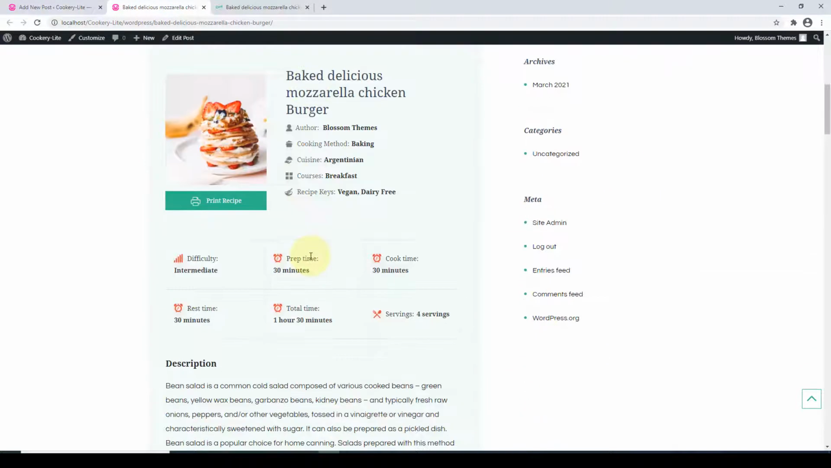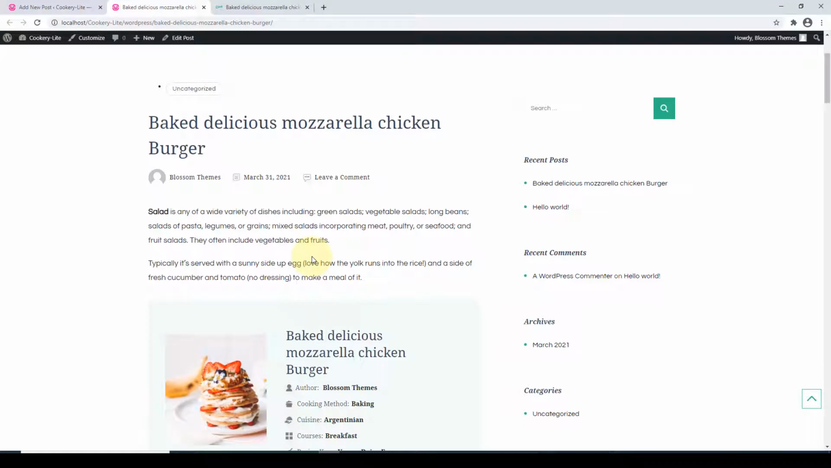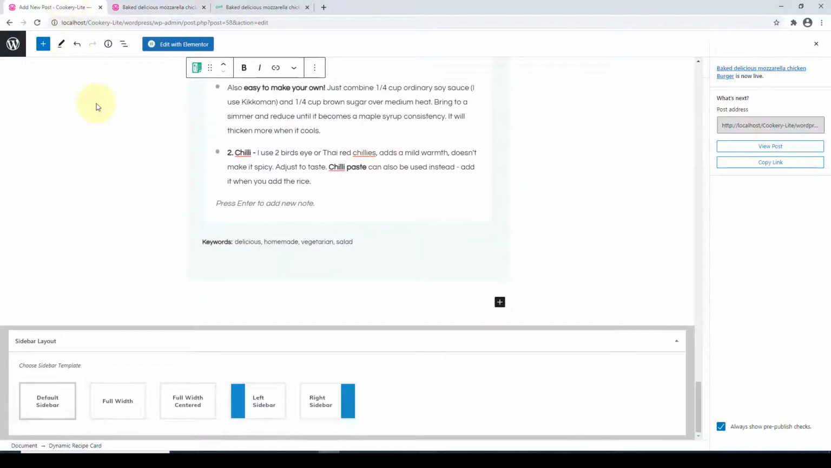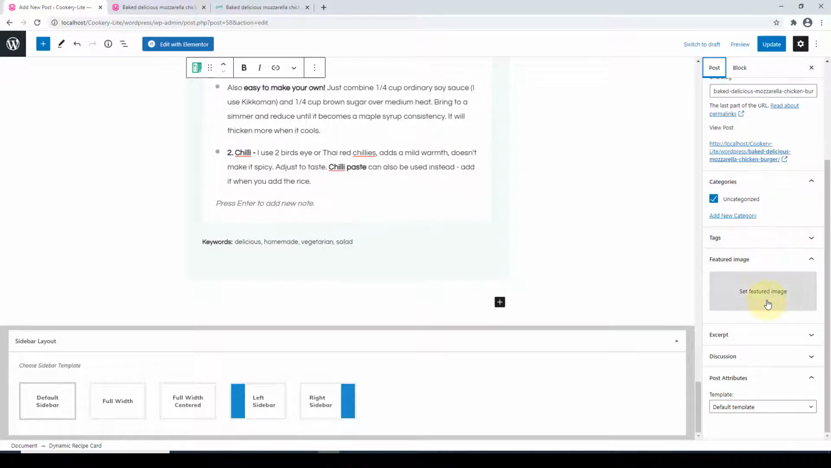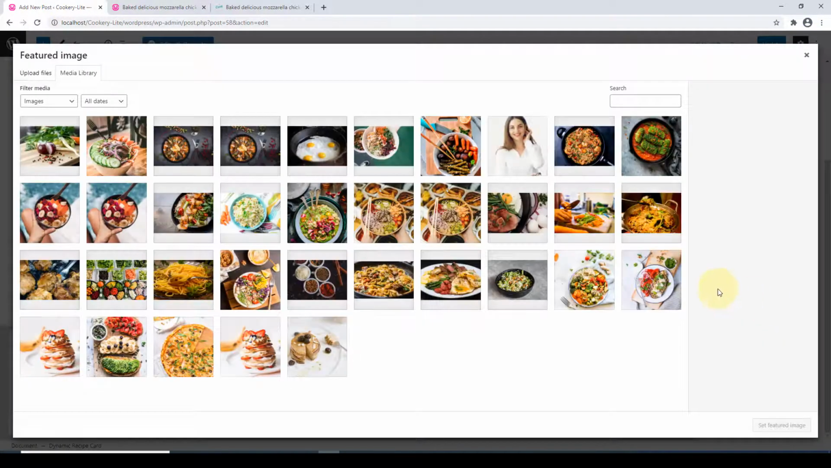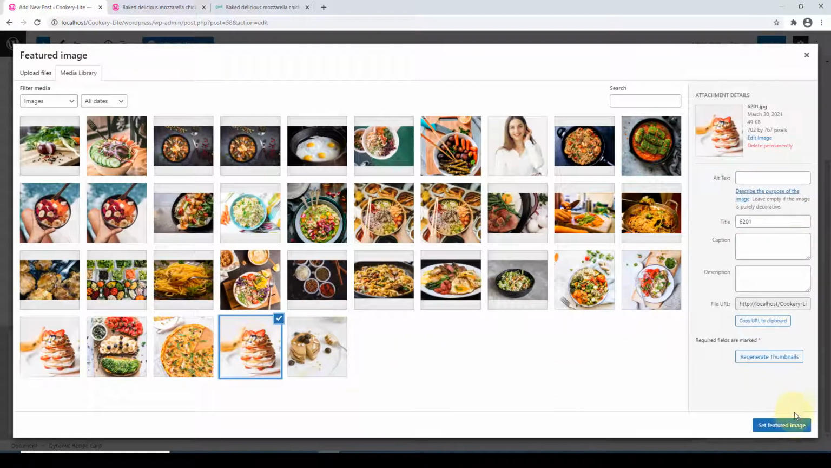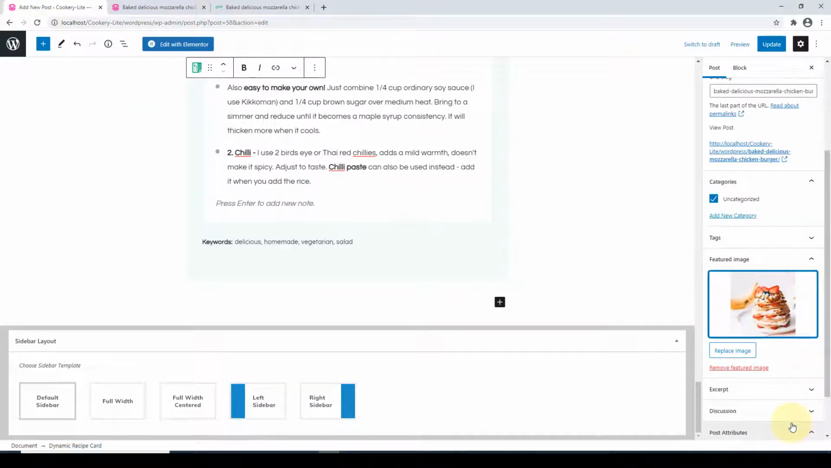Okay, we have not added the featured image and we have also not added categories. So let's go back and finish adding them. To add the featured image, click on Post, click on Set Featured Image, select the image, click on Set Featured